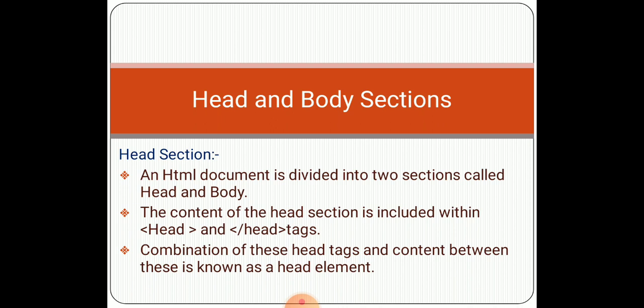The first obvious thing that can be included in the head section is the title. It is to be noted that the title will not be displayed as content of the web page. It is displayed as the title of the browser window that shows the web page.